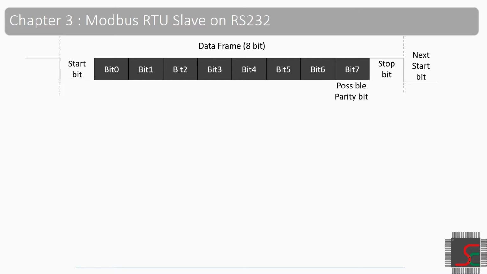Start bit, stop bit, and parity bits are handled by the software of the respective device. We are not using any parity for serial transmission, so bit 7 of the data frame is our data bit and not a parity bit. This data frame of 8 bits is also called a character or byte. We will use the words character and byte interchangeably. To transfer one character, there will actually be a transmission of 10 bits if the data frame length is 8 bits, or 11 bits if the data frame length is 9 bits.